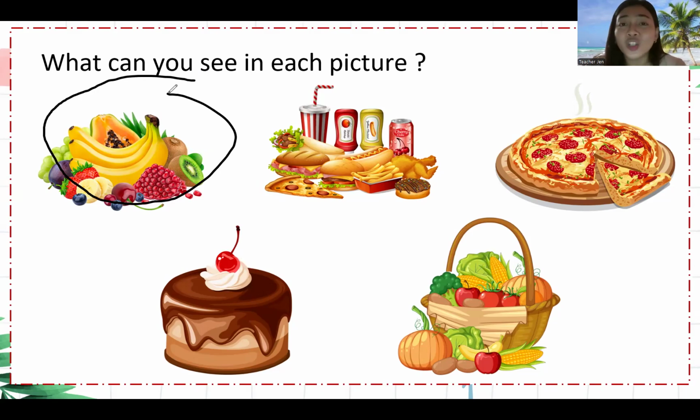A full sentence answer, not just a word. Can you say it again? Very good, these are fruits. What fruit do you like? Just do more talking. Encourage them to speak more in class.